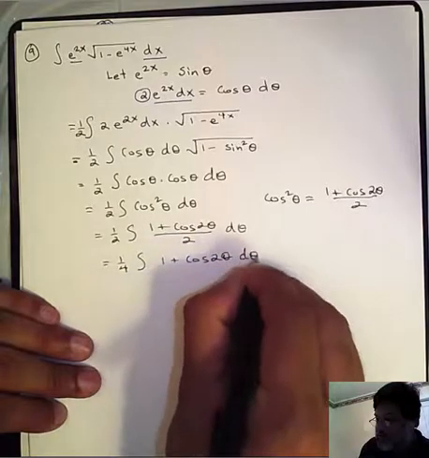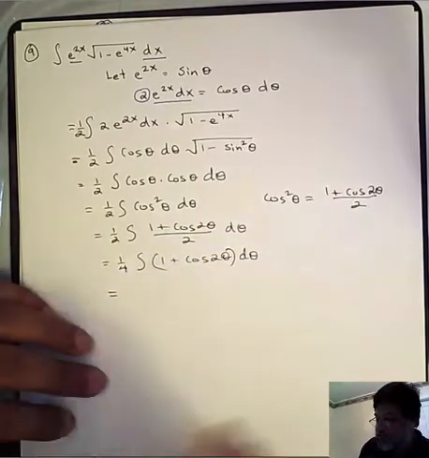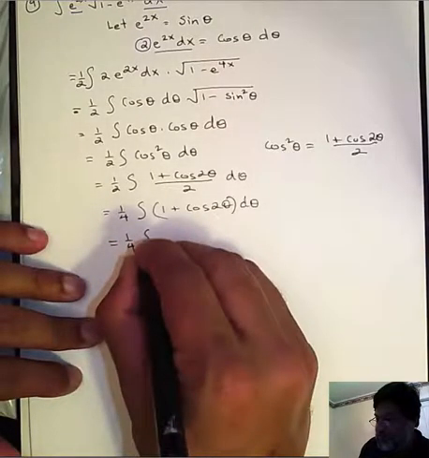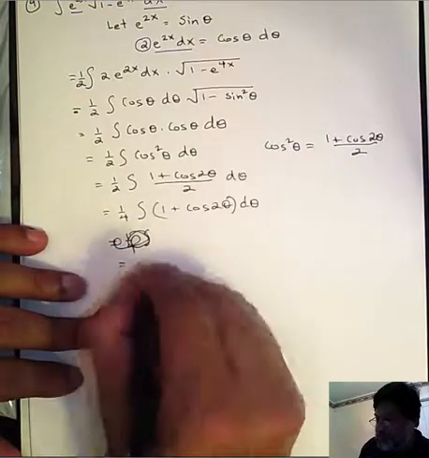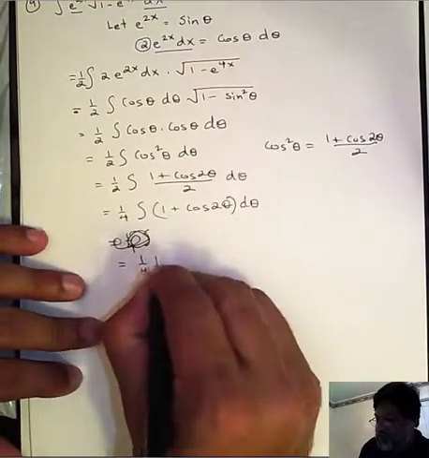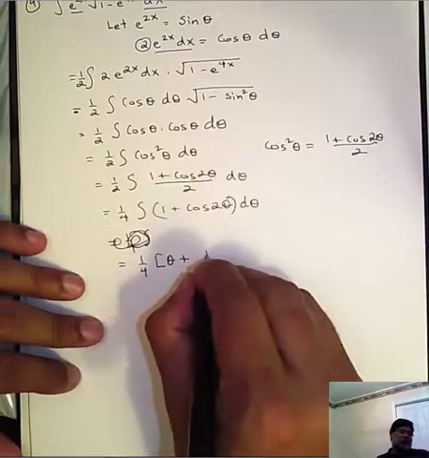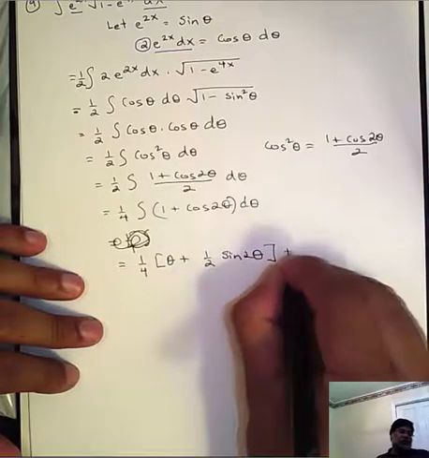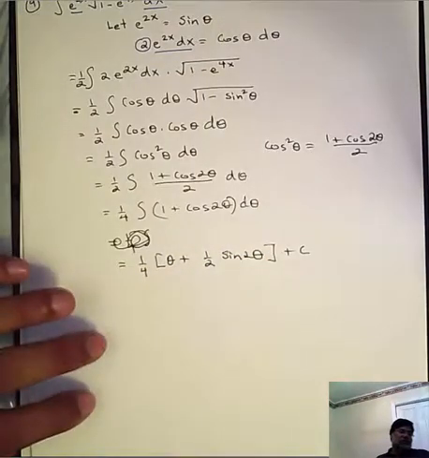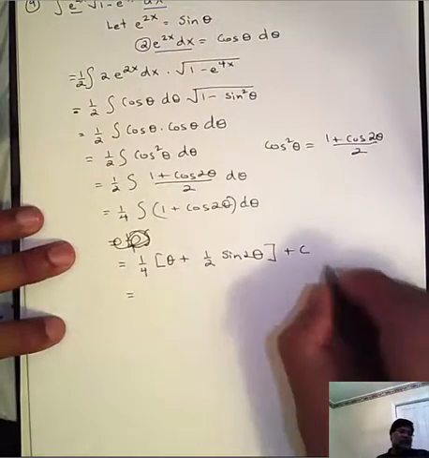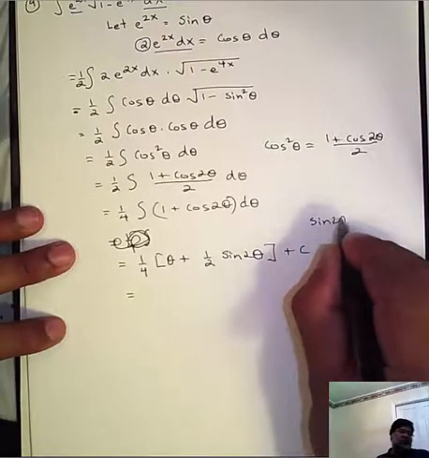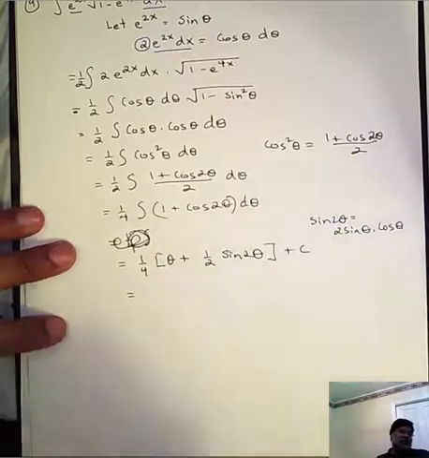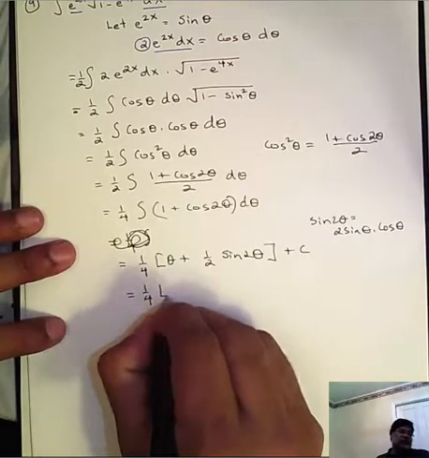and the integration of that will be 1/4 theta plus 1/2 sine 2 theta plus c. Right. Now what is sine 2 theta, the double angle measure? Right. So this is gonna be